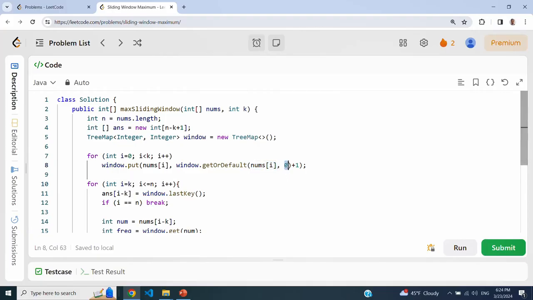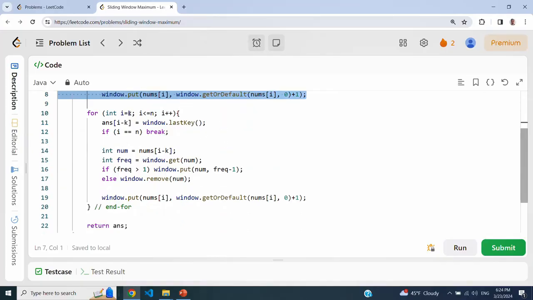If not, then return me 0. And I add 1 to it to increment the frequency, and I put this number back again. If the number exists, it's going to just update the value. If it does not, then it's going to put it. So this is just the first window, the window that contains the first k keys.